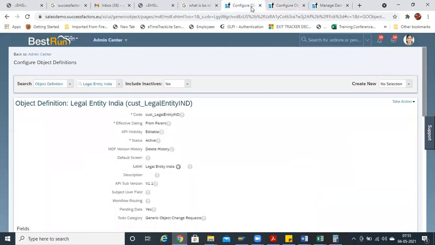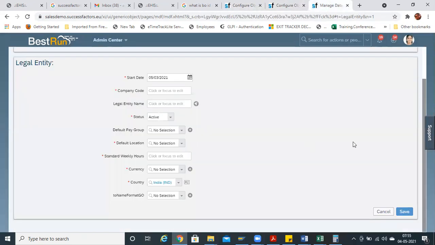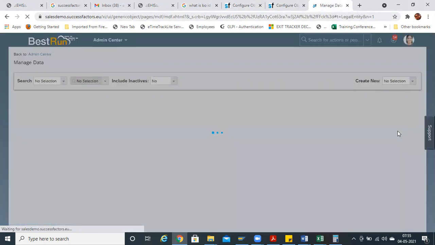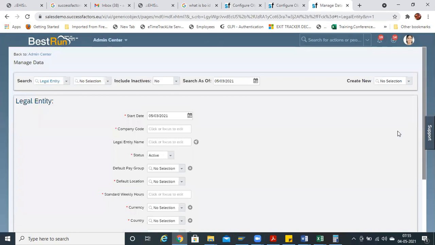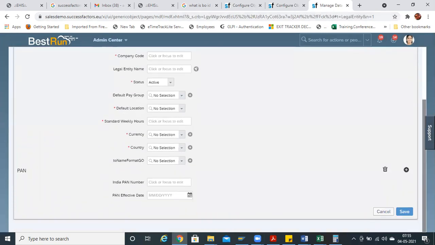Now we have missed something else. Let me show you one thing. Let me just refresh it. See, without selecting the India country, it is showing India PAN number and India effective date for all.